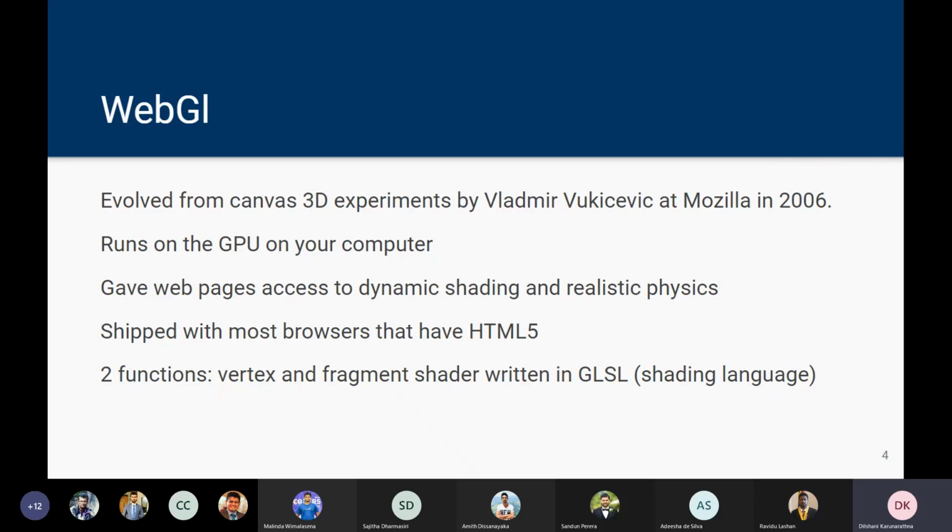On top of that, they had to ask users to download custom software, so that was a disadvantage. And apart from that, it gave web pages access to dynamic shading and realistic physics, and most of the modern browsers support it.